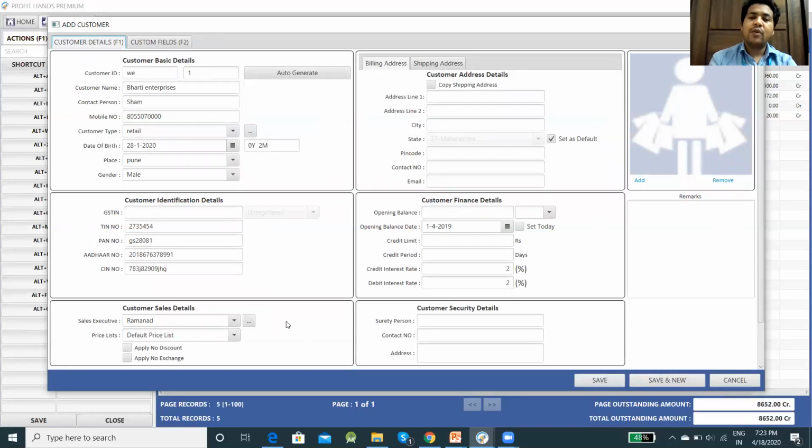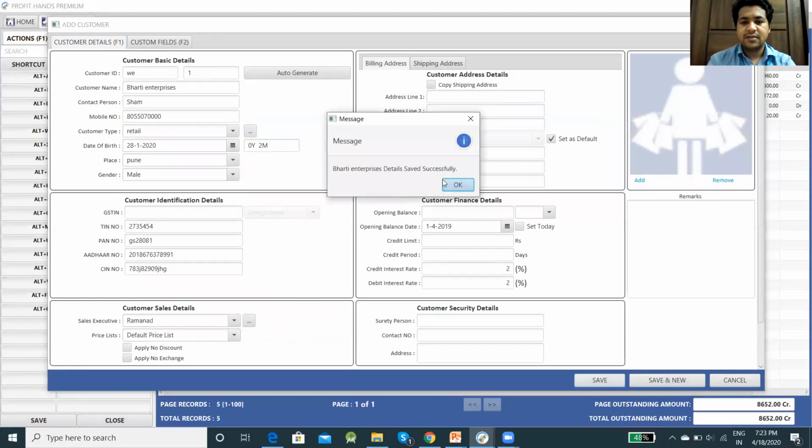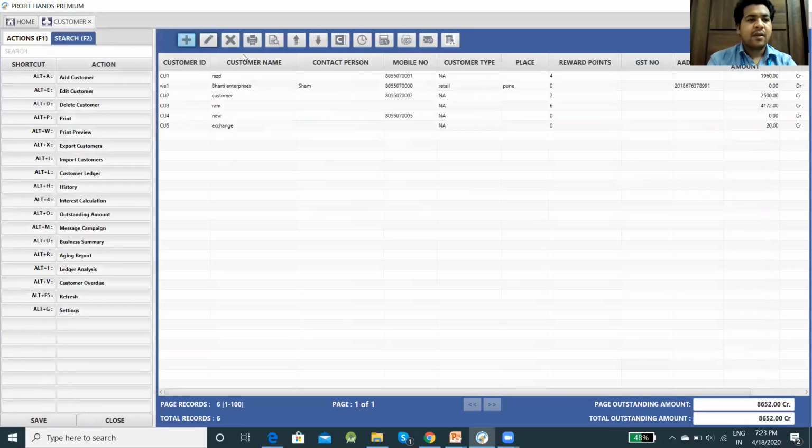So if you want to assign a price list, so as this customer type is retailer and you have created different price list for customers, retailers and wholesaler, you can map the price list also. For this thing, I will first create for one right now. I will save these details and let's create a price list.